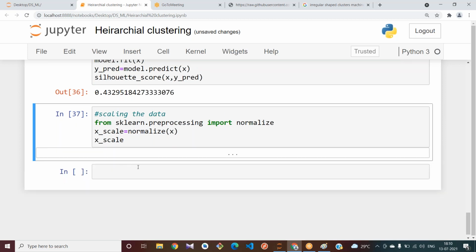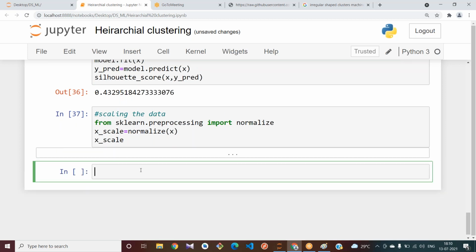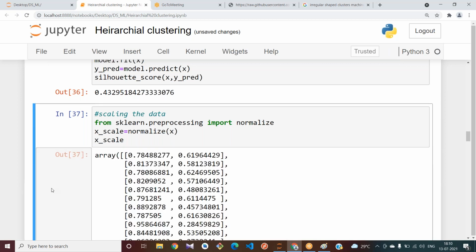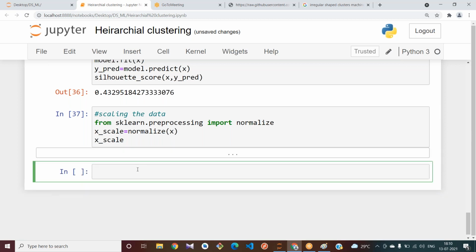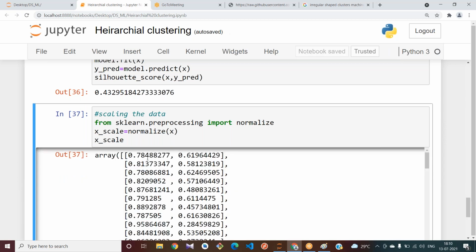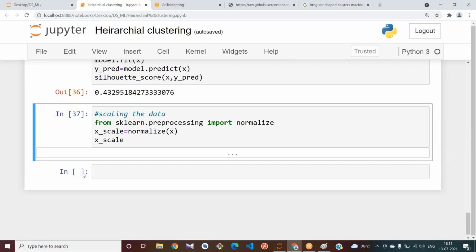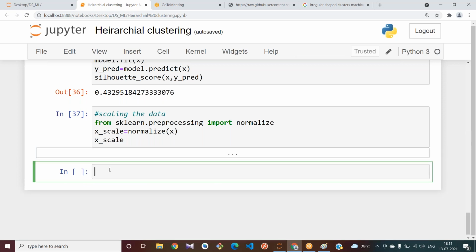If you try to plot your data here, okay, let us plot our data. Let me take all the rows and only the 0 column for X, right? Let me use df.